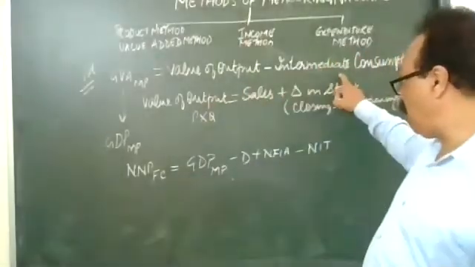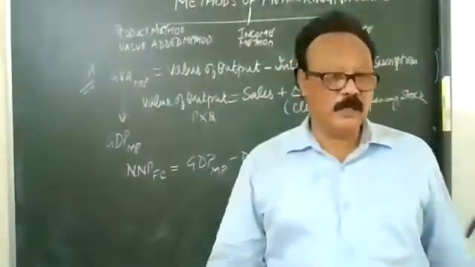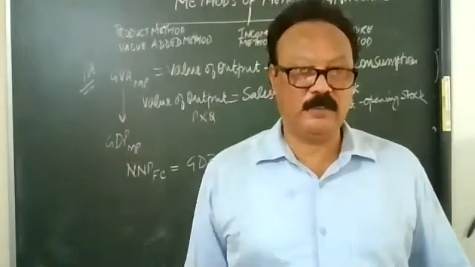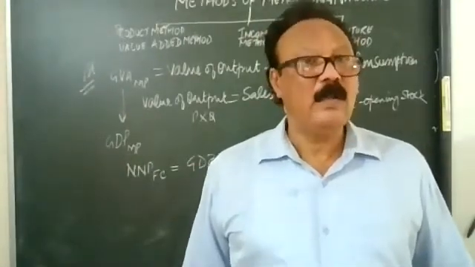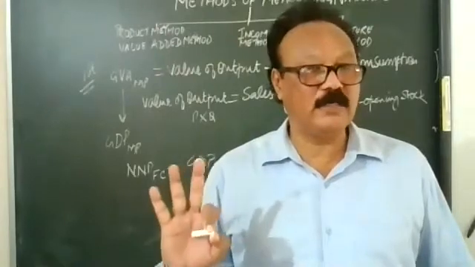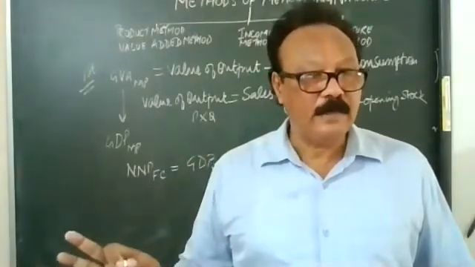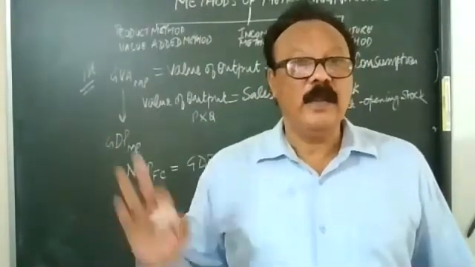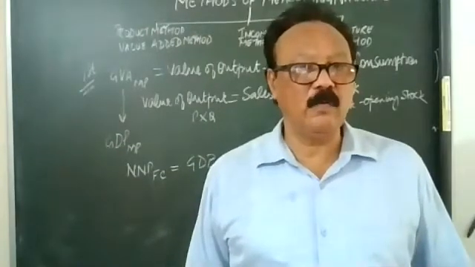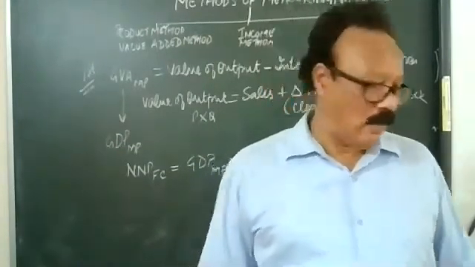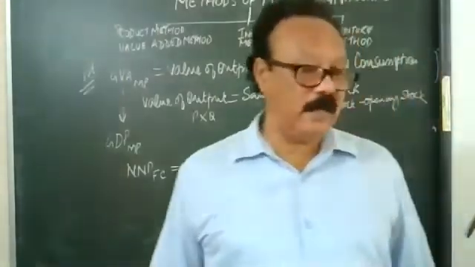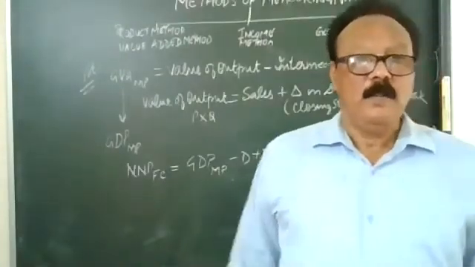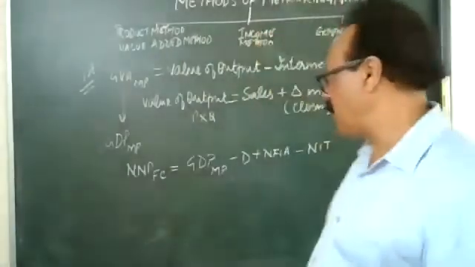Now come to the second part of the formula, which is intermediate consumption. What is intermediate consumption? It is the value of non-factor inputs. What were the factor inputs? We learned land, labor, capital, and enterprise, the four factors of production. Leaving these aside, all other expenses, all other costs will go as intermediate cost or intermediate consumption. Like what? I've given you examples: the value of raw materials, then fuel, power, etc. all fall under the intermediate cost or intermediate consumption.